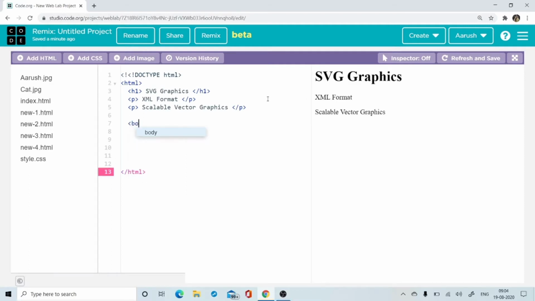So I'll go like this. Here I go. I'll start with the body. In the body, you will type svg, right? You will type the width equal to, and in the double quotes, you can put, suppose, say 200. So what is the width you need, right? Then you have height, which is equal to 200 again, right? And we'll close it right here.